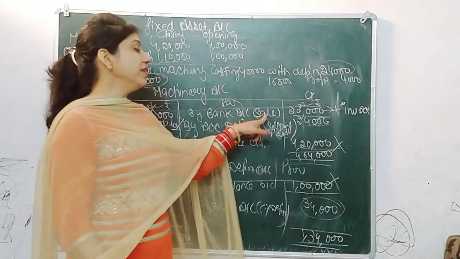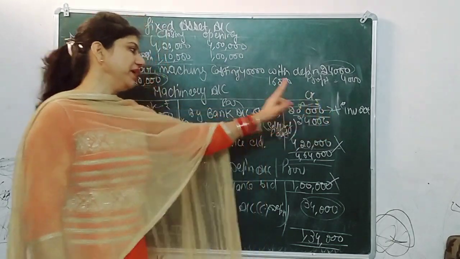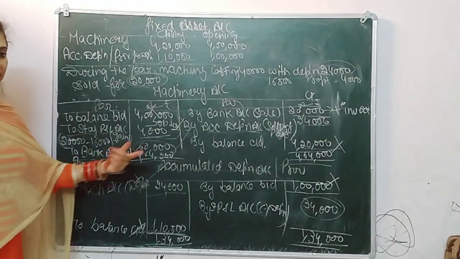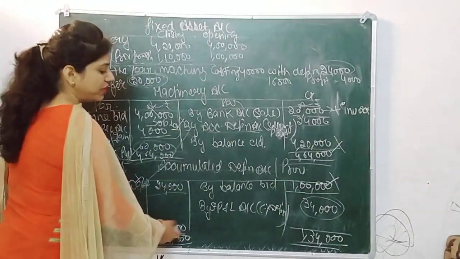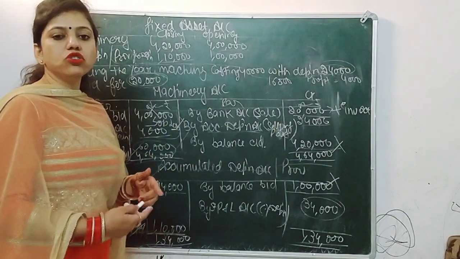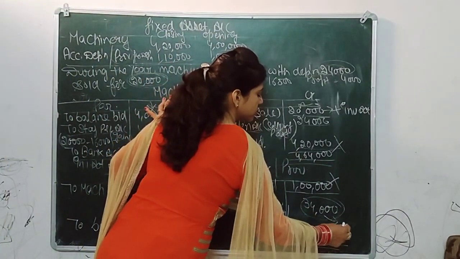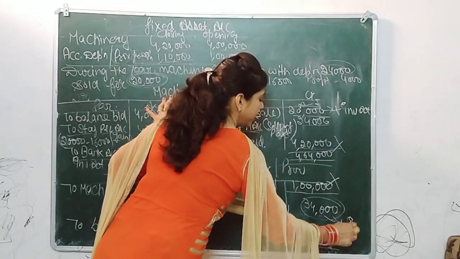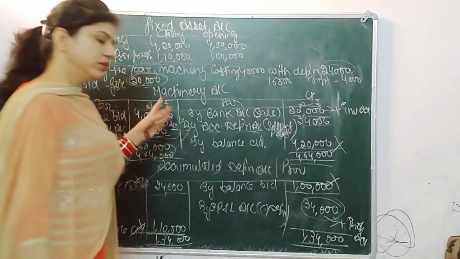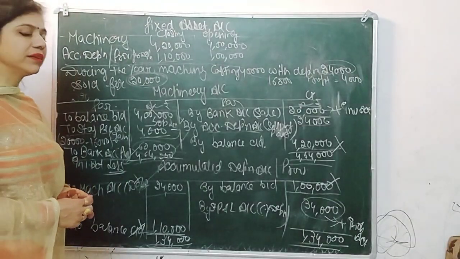Because sale increases the cash, it should be added in investing activity, and purchase decreases the cash, so it should be deducted. And last, we have the current year depreciation, and as we all know, depreciation should be added in operating activity. So this 34,000 will be added in operating activity. So this is the point. I hope it's clear. Thank you.